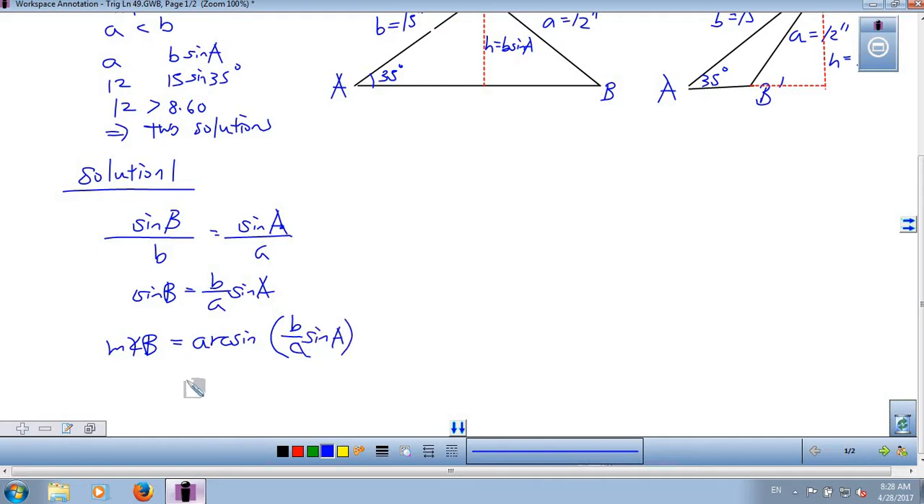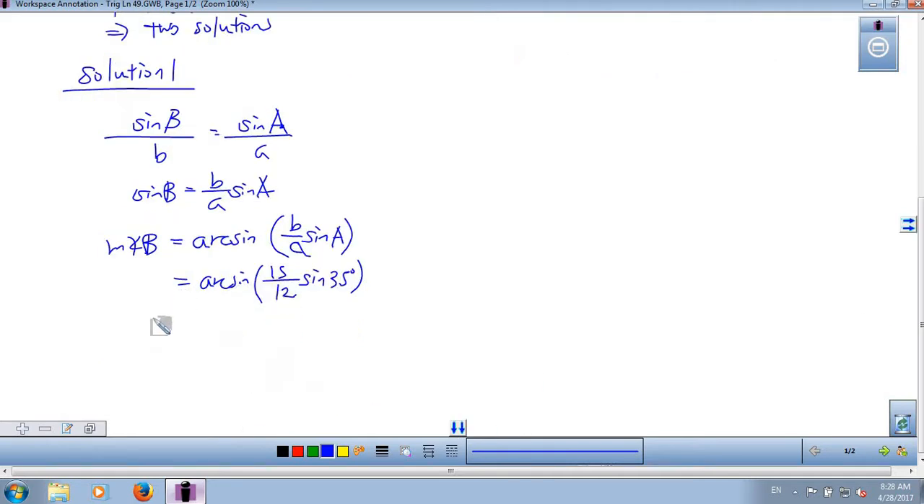Okay. So now let's go ahead and plug in the numbers. So side b is 15 inches, side a is 12 inches, and angle A is 35 degrees. We use our calculator to do the arcsine here: 15 divided by 12 times sine of 35, and do the arcsine. So it's about